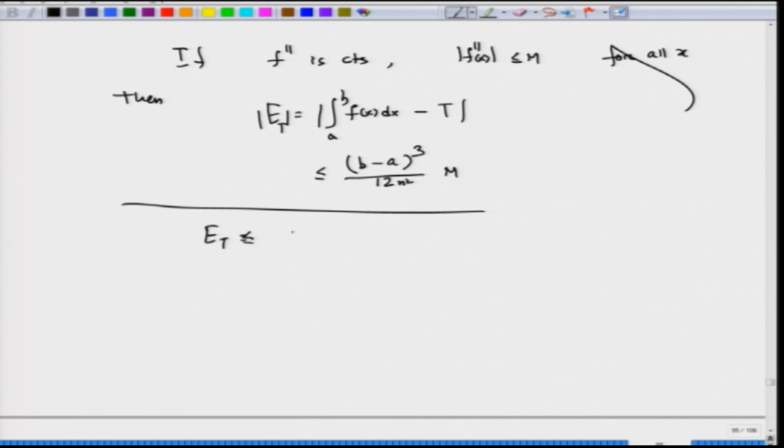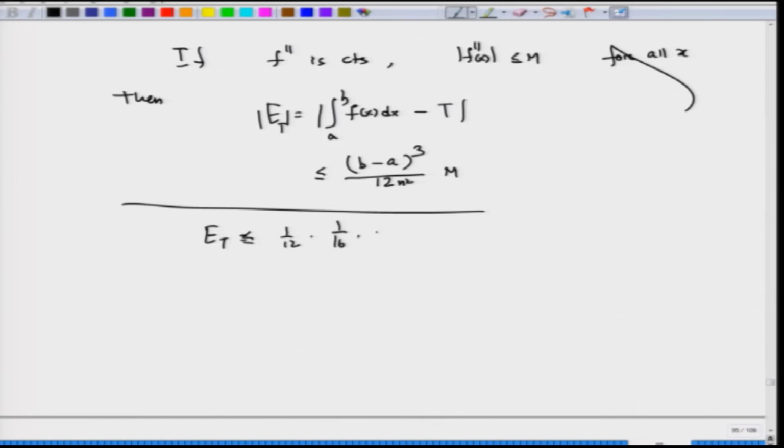less or equal to, because f double prime of x square is nothing but 2. So, if you compute that, this is 1 by 12 into 1 by 16 into 2, which is equal to 1 by 96. In fact, in this case the error is precisely matching with this, but it may not. And as you can see, this error is an upper bound. So, you can control the error up to this. If you take n large, the error is going to be smaller and smaller.